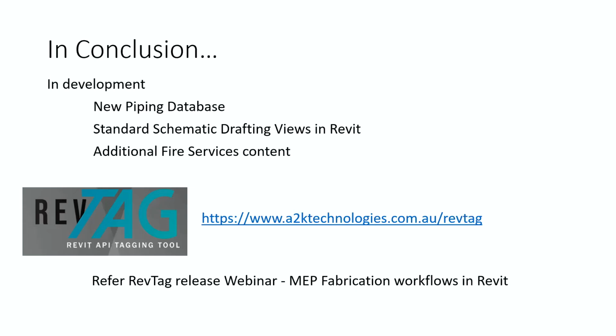In terms of the Revit side, a couple of quick things I just wanted to highlight. There's many things that we're developing, and as I said, we're always taking on feedback, and we've got lists of things to develop. But some of the things to highlight are schematic views. Schematics in Revit is something that's sometimes left out or is limited in what you can do. What we're trying to do is set up some standard schematic drafting views in the Revit template, so to at least have a kit of parts there, a starting point for you to start from